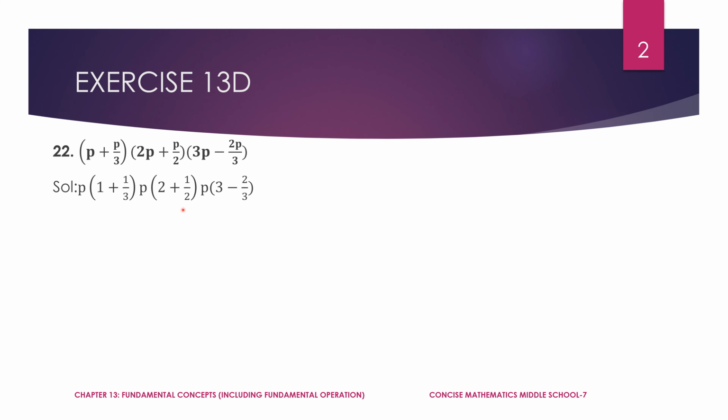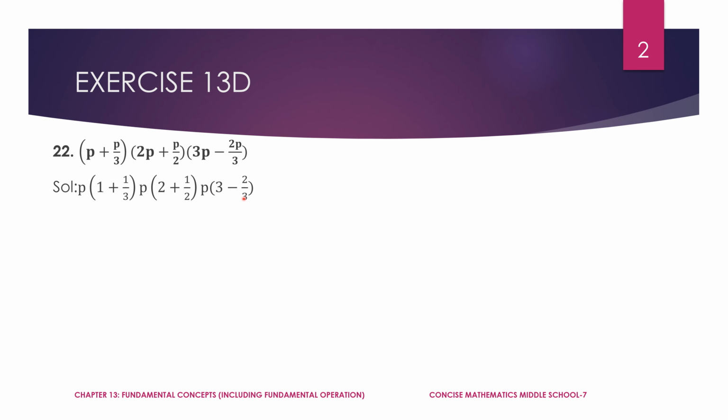To check whether this expression is correct or not, you multiply this p into the bracket. You should get the above expression. P into 1 is p, plus p into 1 by 3 is p by 3. Again I am multiplying both inside. P into 2 is 2p, plus p into 1 by 2 is p by 2, right? I am multiplying p with the first term and second term. You should get the above expression. P into 3 is 3p, p into 2 is 2p,